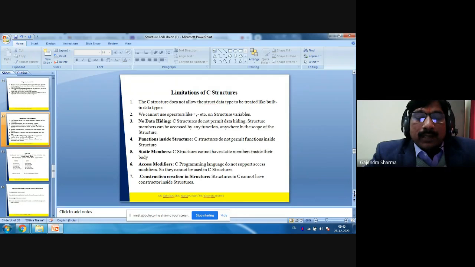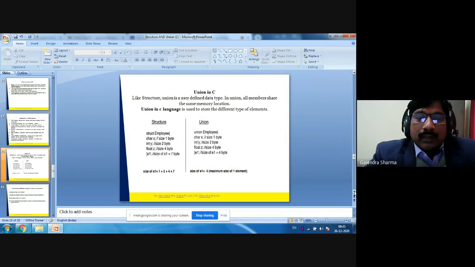And next is access modifiers. The C programming language does not support access modifiers, so they cannot be used in C structures. Also, structures in C cannot have a constructor inside them. So these are the limitations of structures, right?